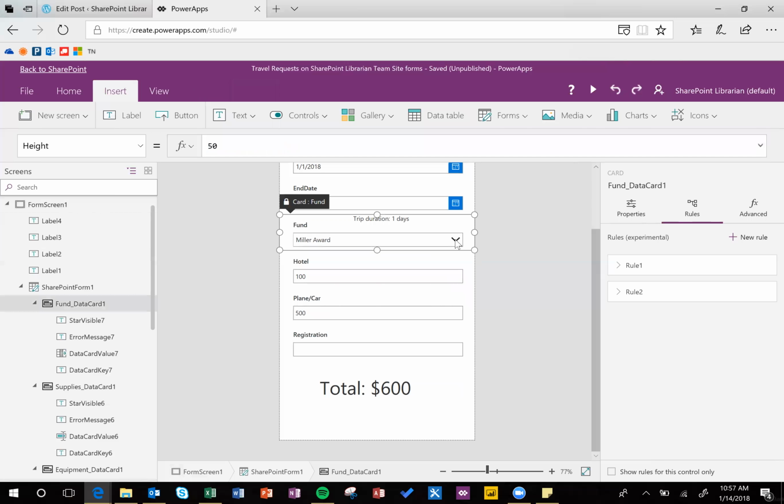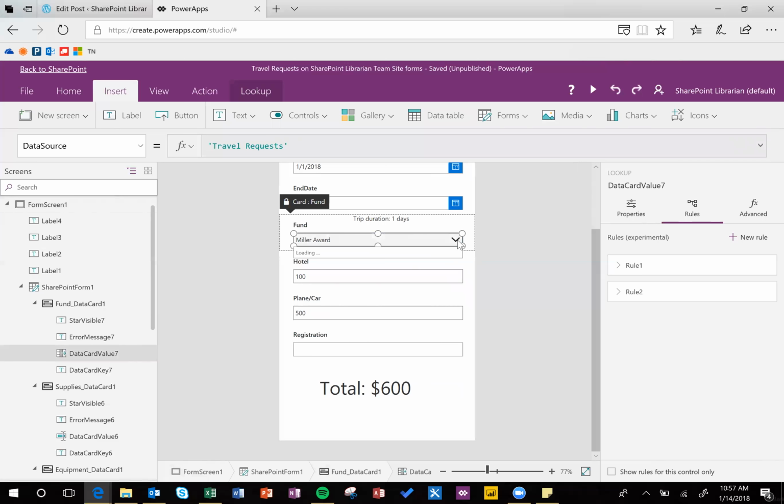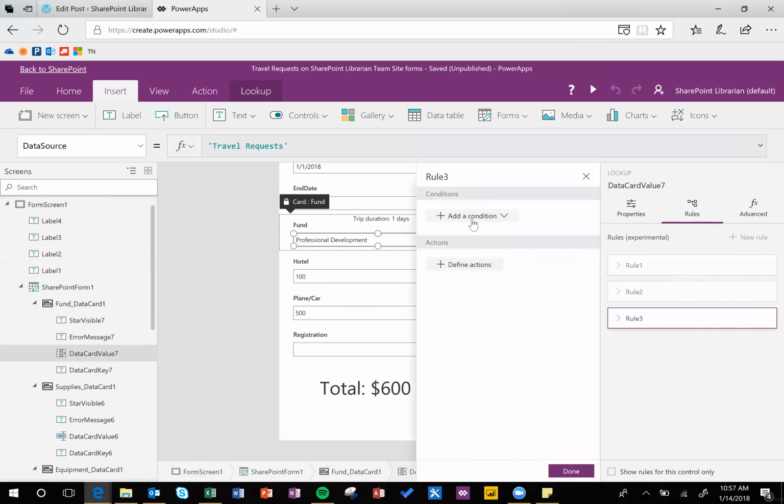Let's do one more. Let's say this total amount can't be above $1,000 if they're using professional development money. So let's say professional development selected. We're gonna do one more rule here. Add a condition, custom condition. This time it is data card value 7, because I selected that first. And then I'm gonna add selected after the period and value 1 again. So if that equals professional development,